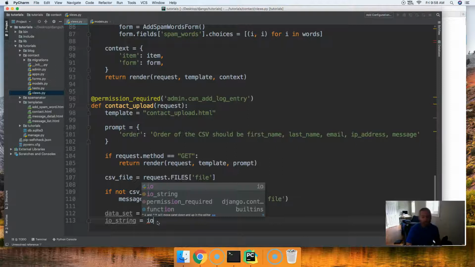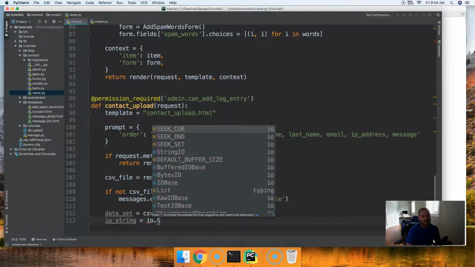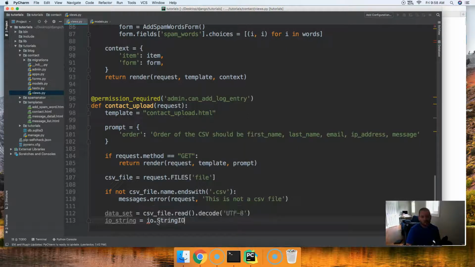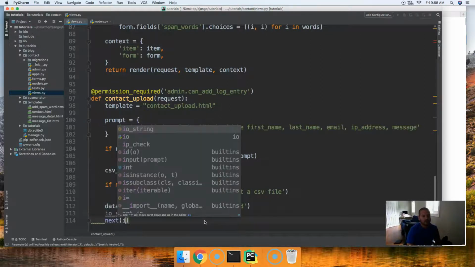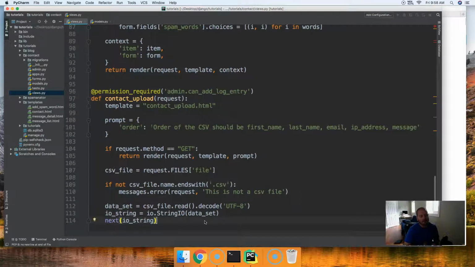So we got io, and then we're going to do StringIO, and then we'll do data_set. All right, so like I said, we're putting this in the stream. Next thing we're going to do is skip the first line of the CSV file. So we'll use next, and we'll do io_string in here. Basically we're skipping it because most CSV files have a header, and we don't want to upload the header